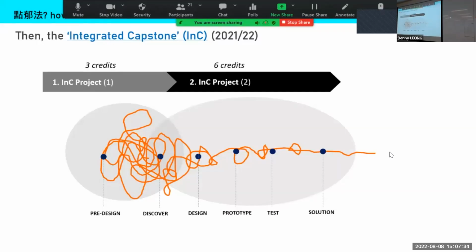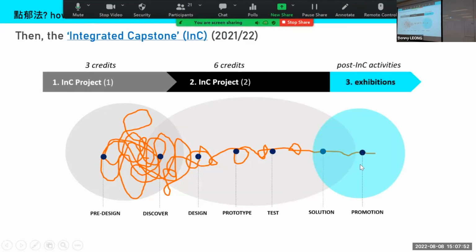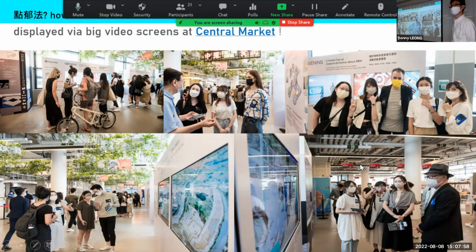Okay, thanks, Professor Lee. So I'm going to carry on with the rest of the idea of the expanded possibilities. Now for the INC, unlike the first BEAM project, this time we actually organized an exhibition. This was not in school; it was really public, in the center of Hong Kong, at Central Market. I don't know whether any of you have been there, but at least the team and the supervisor for the integrated capstone last year were there. It was a very amazing activity.